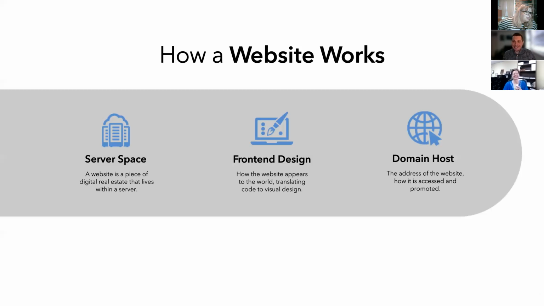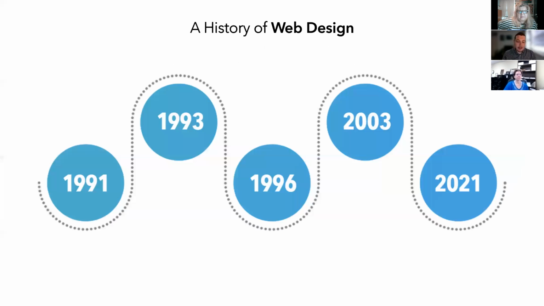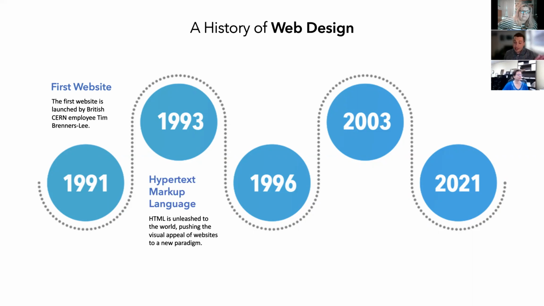Absolutely. Just like fashion has had trends like bell bottoms and neon and all the other things, websites have also had trends based on technology that's available. That's true. And the technology has changed so much in such a short time. It was just back in 1991 that a British employee of CERN created the first website. And then in 1993, hypertext markup language, or HTML, was made available, which changed the landscape of website capability. Several years later, in 1996, cascading style sheets, commonly known as CSS, were invented, which allowed the field of web design to fully flourish. The next big shift didn't come until 2003 when WordPress